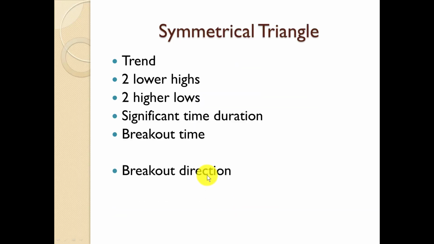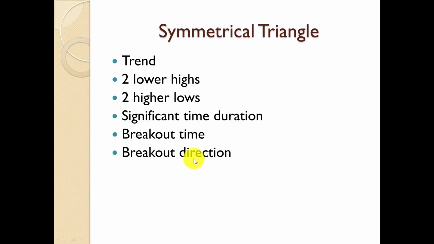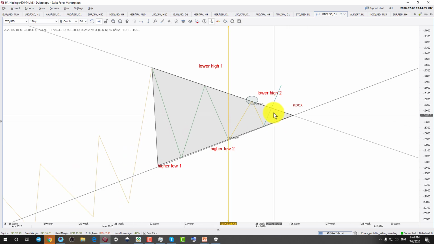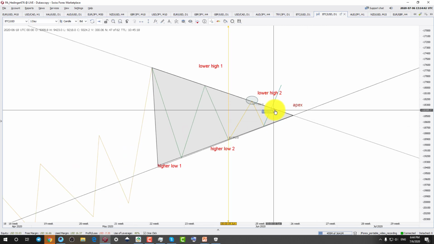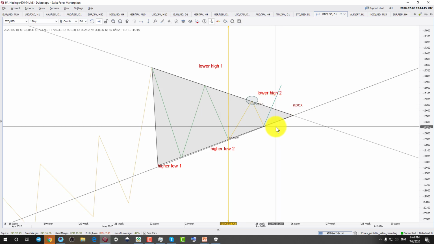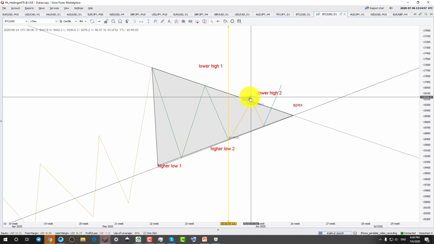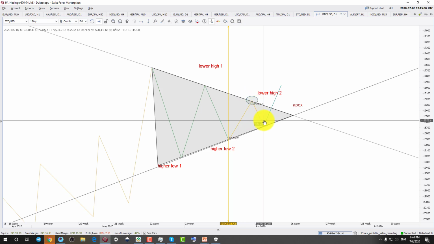Now what is the confirmation? Breakout direction, of course, will be the continuation direction. And breakout confirmation, how we take it, is that you should have at least 3 candles trading outside this triangle in the direction of breakout. If you are trading on, say, a 1 hourly chart, then you should have at least 3 hours spent outside the triangle after breakout. Otherwise what tends to happen is that the price goes in the direction of the trend and then eventually comes back. That is a false breakout. So to skip a false breakout, we have to wait for the confirmation, which is minimum 3 candles outside the triangle.